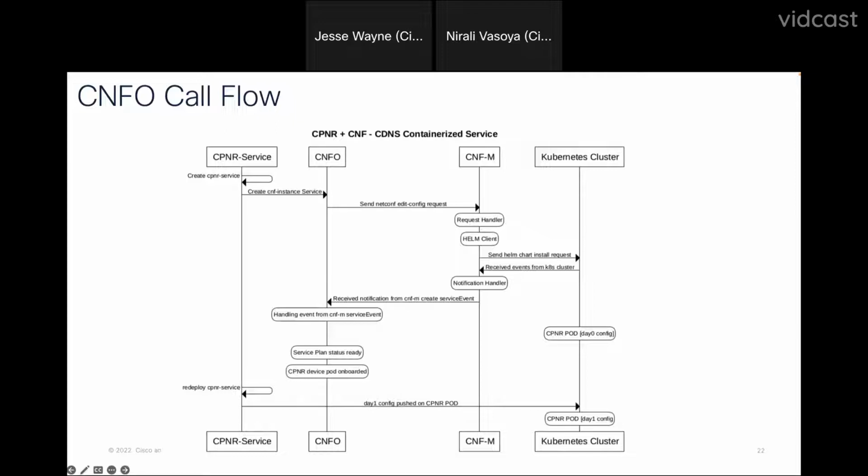Once we receive the service create request, it passes on to CNFO, and a CNF instance is created for that particular service, which in turn sends a netconf edit request to your CNFM, which has been deployed as a pod in Kubernetes. And there's a request handler that takes care of this incoming request,